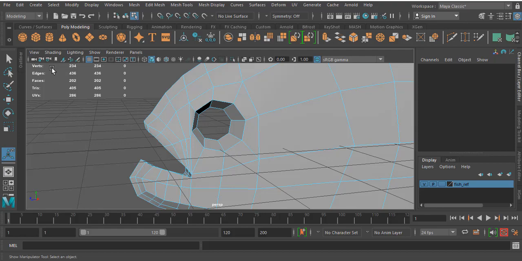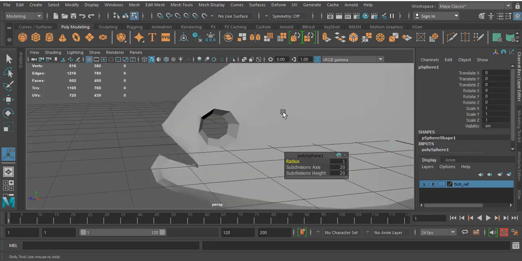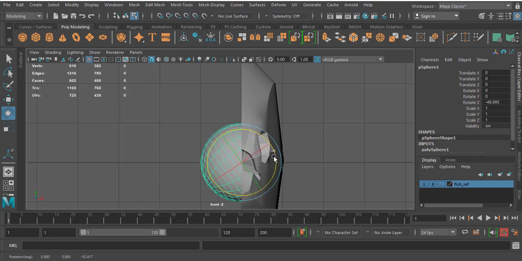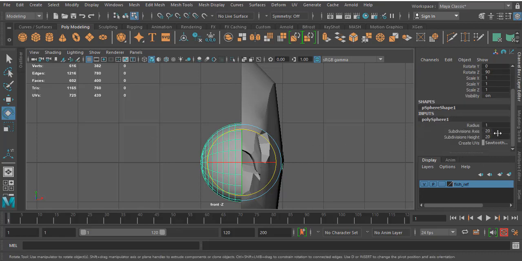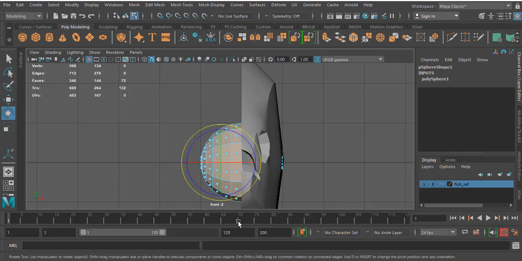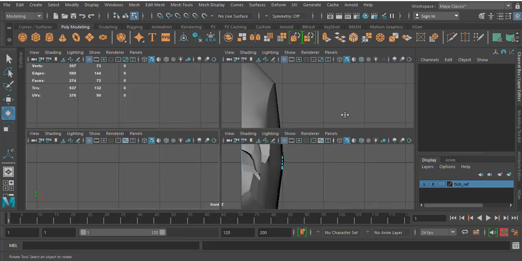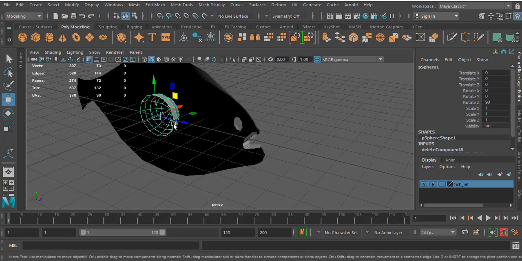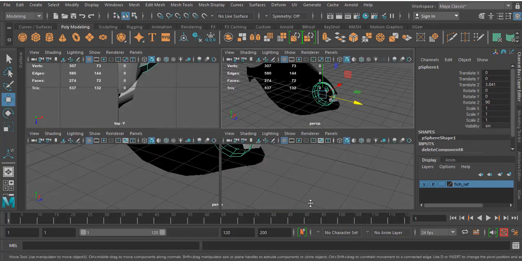Now what I'm going to do is I will create one small sphere because I want to create the fish eye. Just rotate this 90 degrees. Okay, I don't want this many spans, so I'm going to give 15 or 12. Okay, select the half portion, delete it. Now you have only half a sphere, place it.